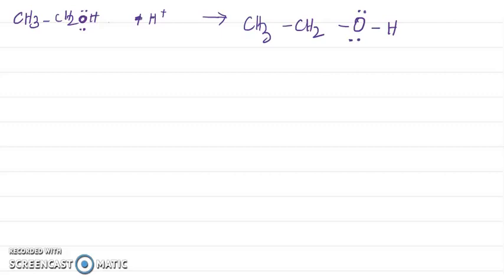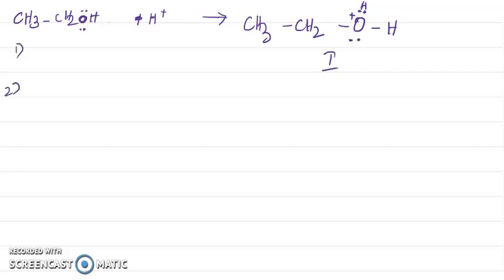So how can we write it? Hydrogen will be attached here, and you will get the plus sign here. Am I right? This plus sign will come here, and it gets attached to the oxygen atom. So this is the first compound. This is the protonated alcohol. So this is the first one.